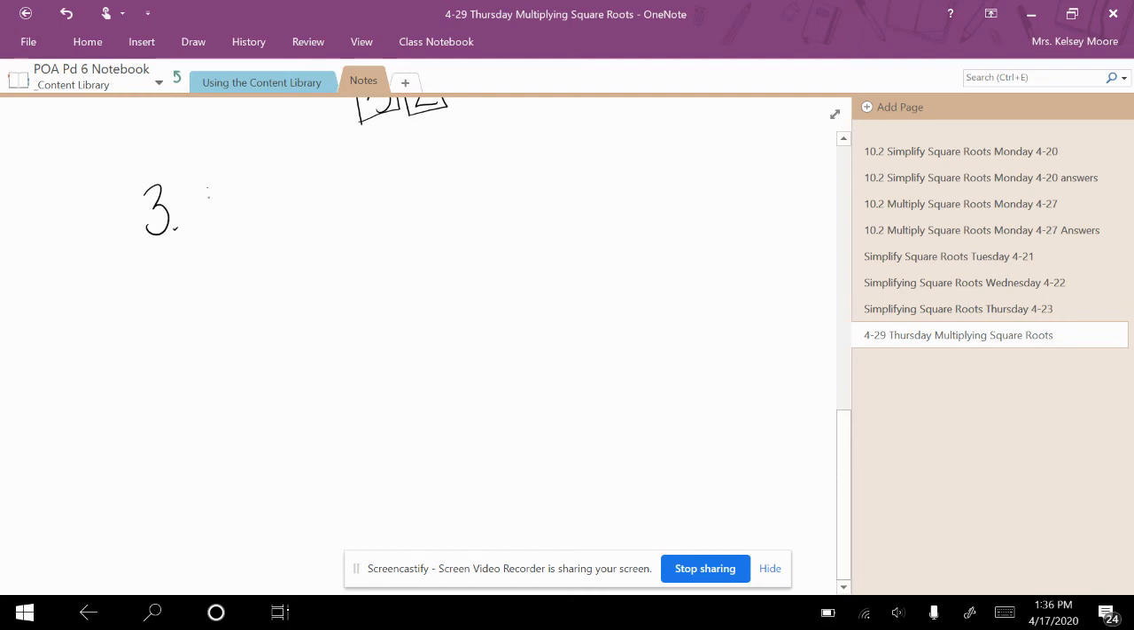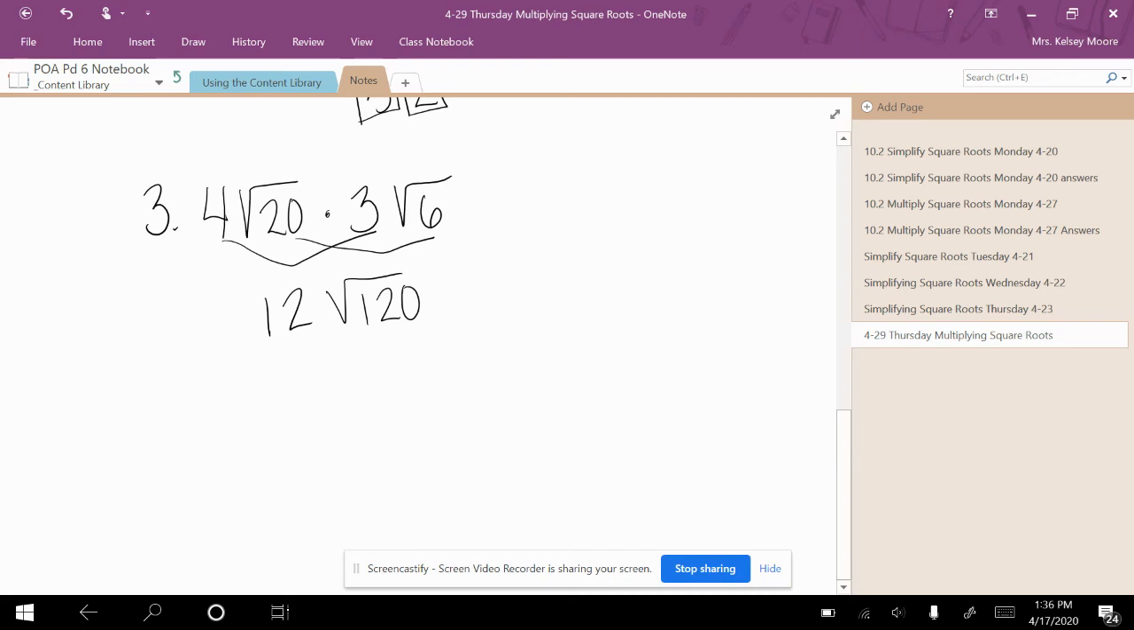Okay, the last problem will be 4 square root 20 times 3 square root 6. Multiply the 4 and the 3 together, and you get 12. Multiply the 20 and the 6 together, and you get 120. Breaking apart the 120, I'll do